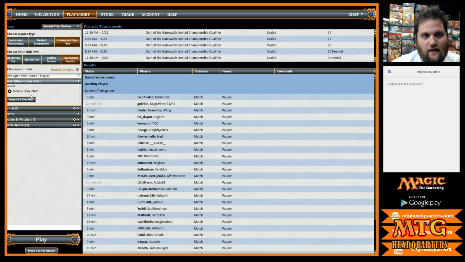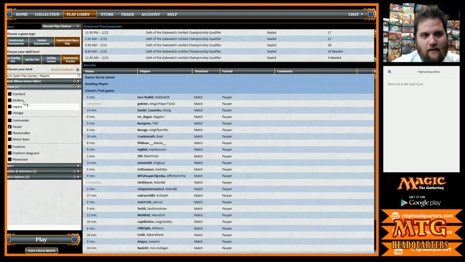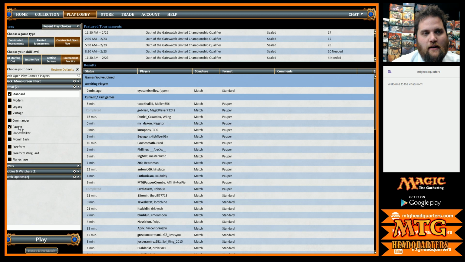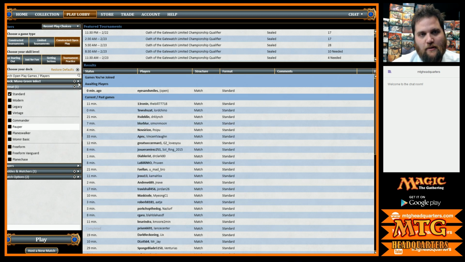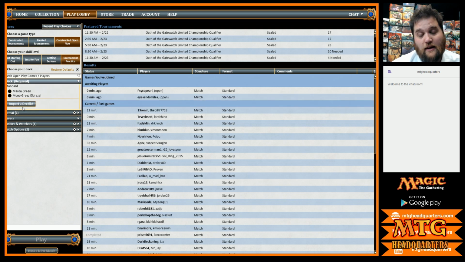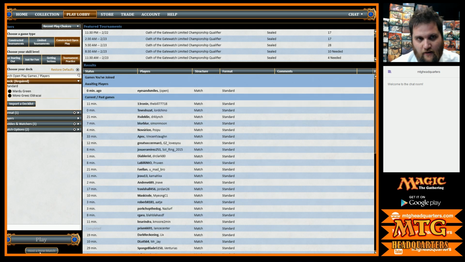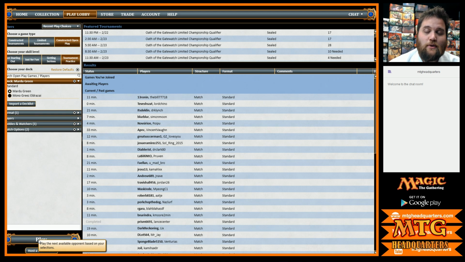And you can pick what deck you want to play. So you pick your format. Let's say I want to play standard. And now I want to pick what deck I want to play. So I go back up here. I can pick my deck. I only have 2. If I had 20 different standard decks, it'd all be listed here. So basically you pick your format, your room, your deck, and then you can hit play and get right into it. So it's actually really smooth and really quick once you have your deck created.